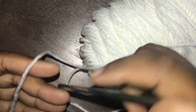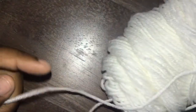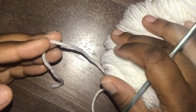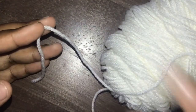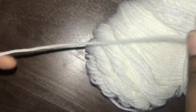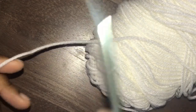Okay, so making the bralette or the bikini top or whatever is really easy. You just need to know how to do half double crochet and double crochet. So to make our cup, and I'm going to show you how to adjust it for your size. To make the cup,